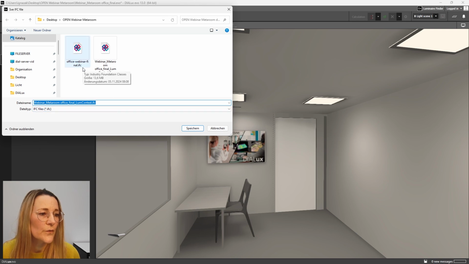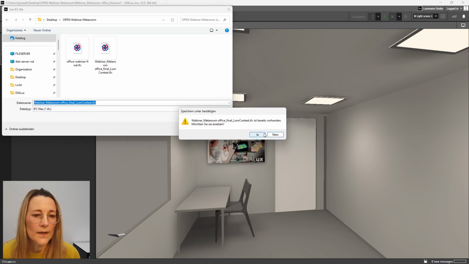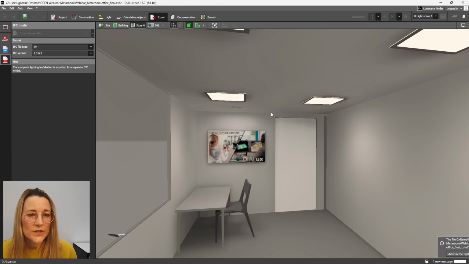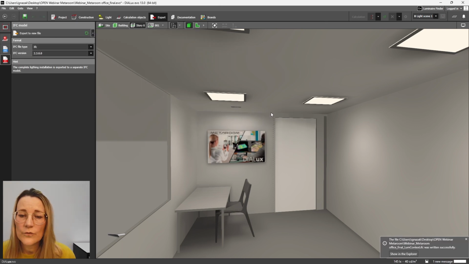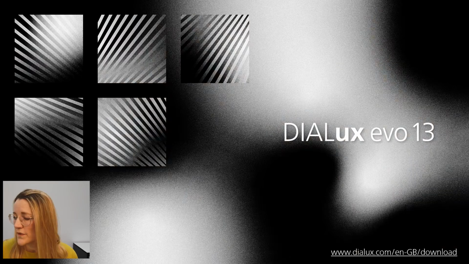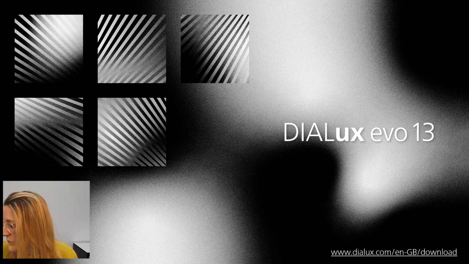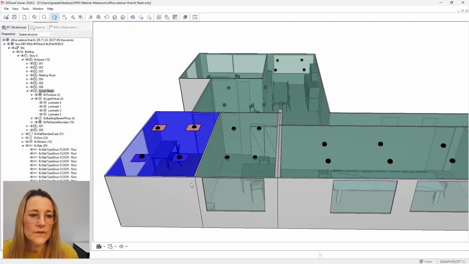So I have done it before, but maybe I can say, I want to refresh it. So all luminaire informations are now here in this file. So that's important. It's only the content for the luminaires. So I will not export the geometry once again. And that's the reason why I want to show this here